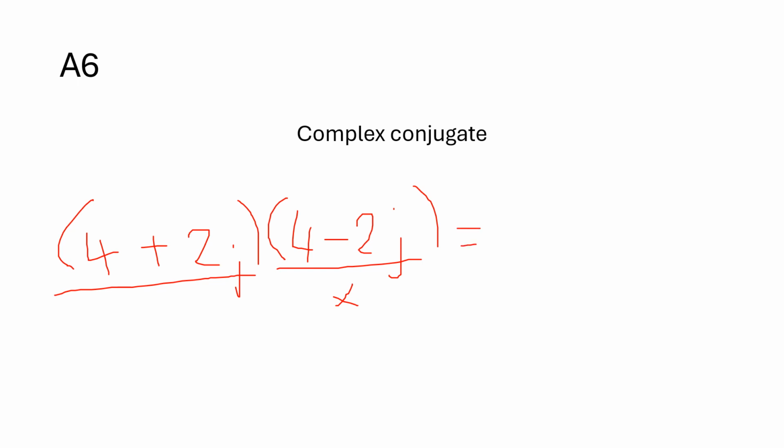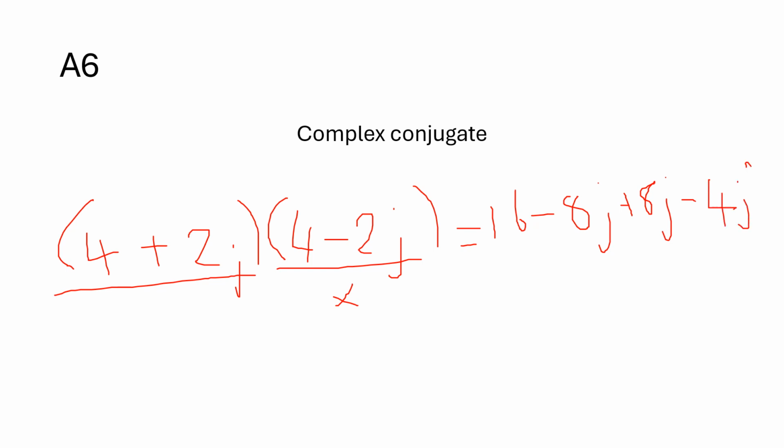You will say 4 multiplied by 4, it will be how much? It will be 16. And then now you say 4 multiplied by what? By negative 2j, that will be negative 8j. And then now you say 2j multiplied by 4, that will be your positive 8j. And then now lastly, you must do what? You must multiply, let's say it's 2j multiplied by negative 2, it will be